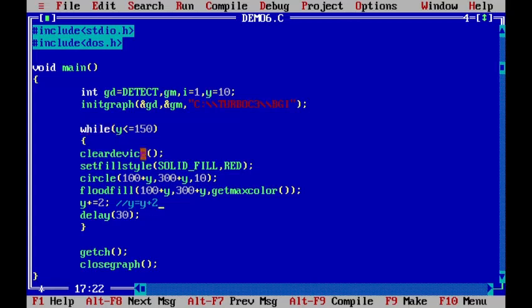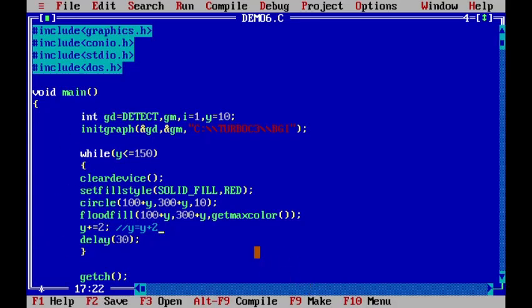We can use a do while loop or a for loop, any one of your choice. Here I have used the while loop. The condition I have given is y should be less than or equal to 150. That means as soon as the value increments and goes to 152, the condition will be false and it will come out of the loop.